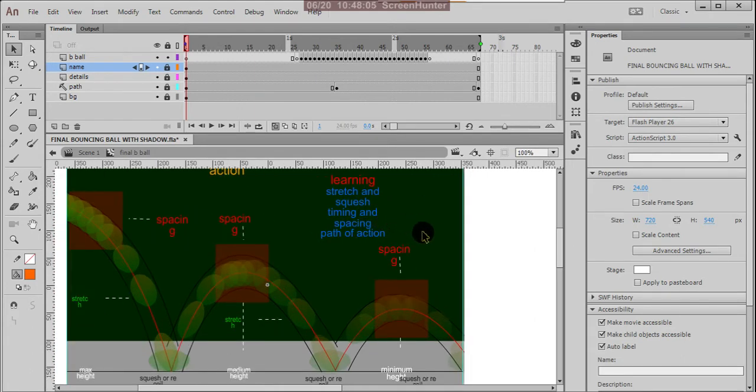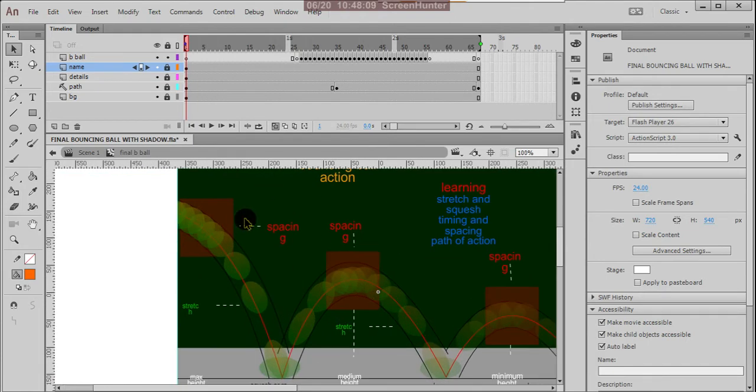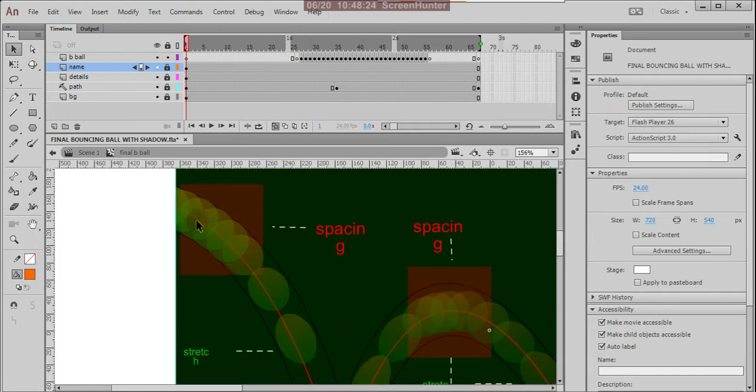Then timing and spacing. Suppose between these drawings, between these balls, how much gap you are leaving. The gap between two balls is the spacing of that area. Each ball has its own space, and as it adds speed, the space is increasing.